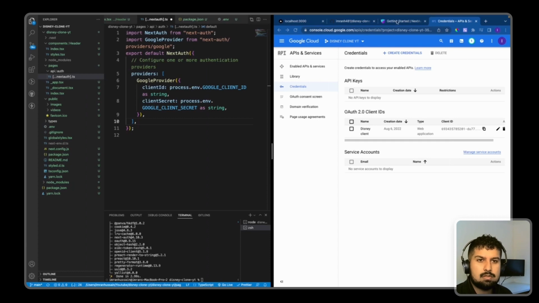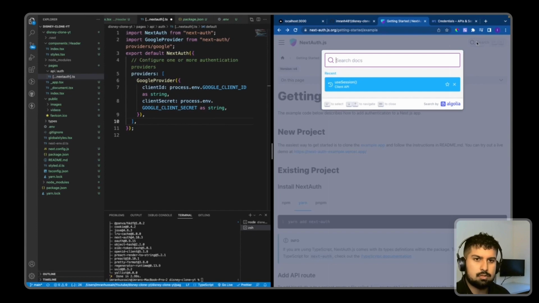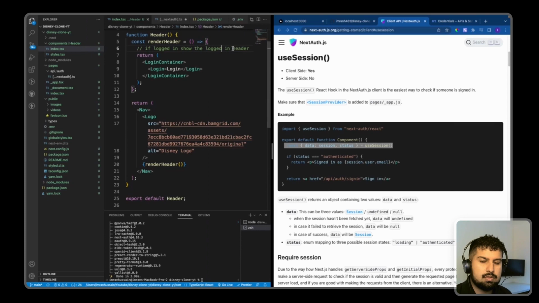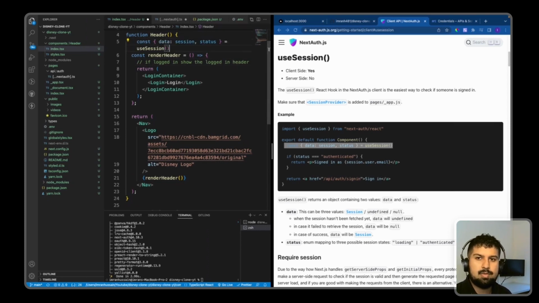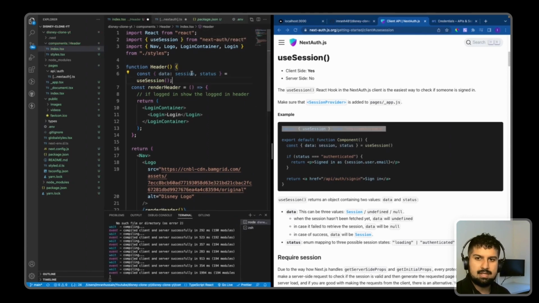So now with NextAuth, we should have access to something called use session. So if I type in use session, which is already there, we can get access to the status or whether the person is logged in or not. So if I copy this across and go into my header component, where it says here, if logged in, show the header, at the top of the functional component we're just going to paste in the session that we are using and import in the use session from NextAuth, paste that in, and then we want to have a check to say if session,